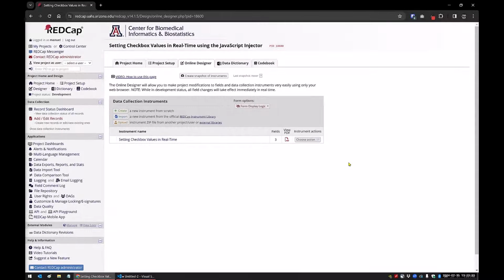The next thing that I want to talk about is setting checkbox values in real time. And this is also using the JavaScript injector. A few weeks ago, probably a month ago or so, I did a demonstration that explained the difference between the